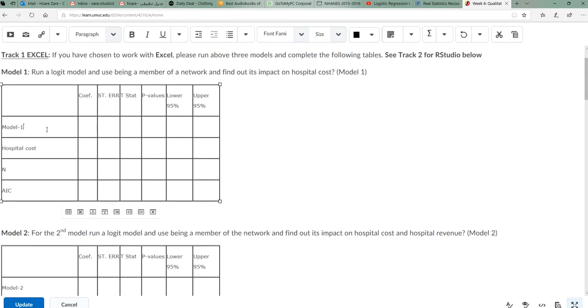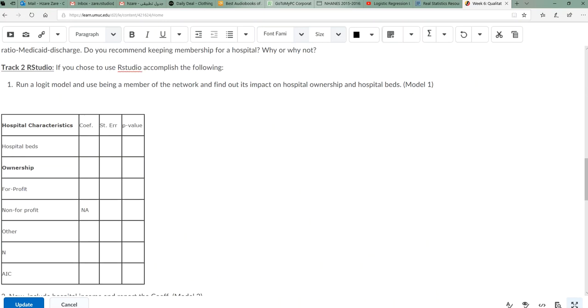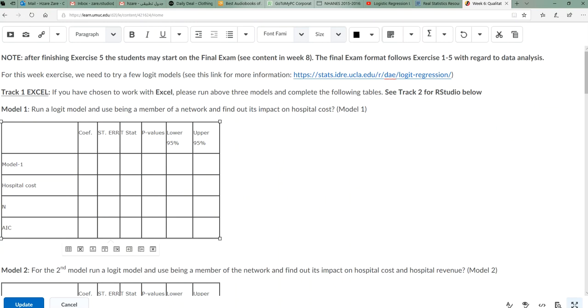The point is the model is different between Excel users and RStudio users, so don't try to compare your numbers, they are different. For the first model, you need to report the hospital cost coefficient, standard error, p-values, lower and upper bounds. And an AIC, but Excel doesn't report AIC, so then go with just